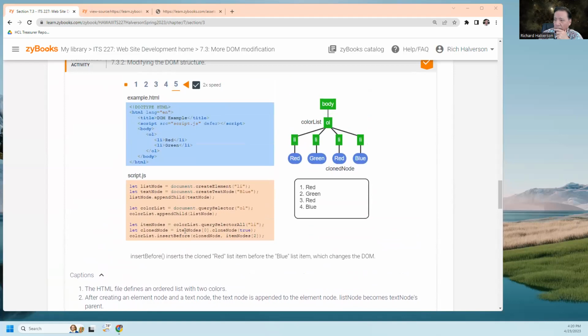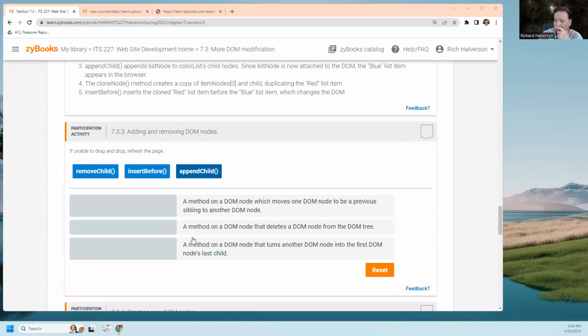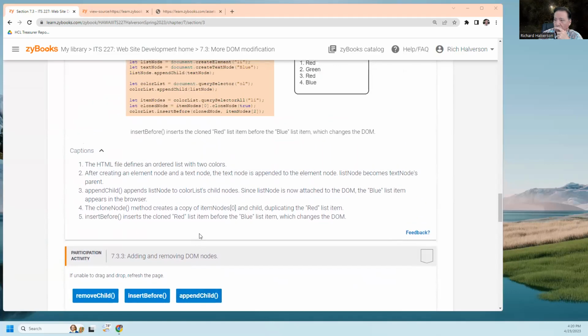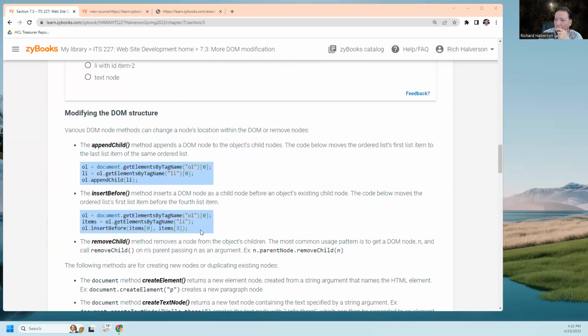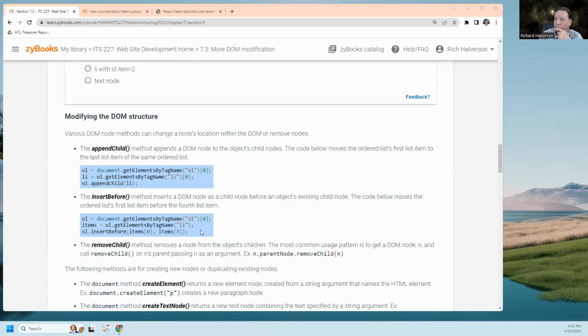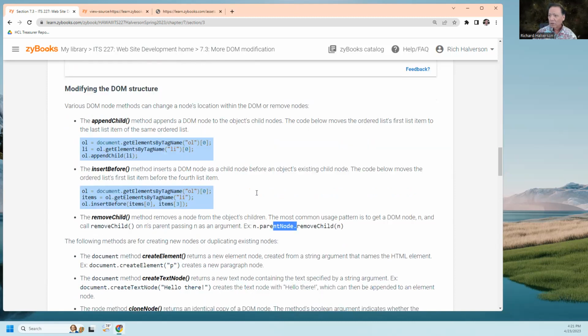How is it used? Let's see. Okay, so this is how you remove yourself, I guess. And so what I want to do is remove